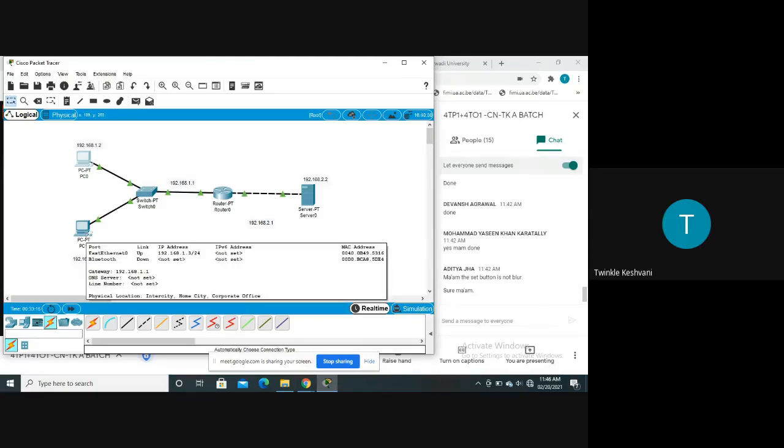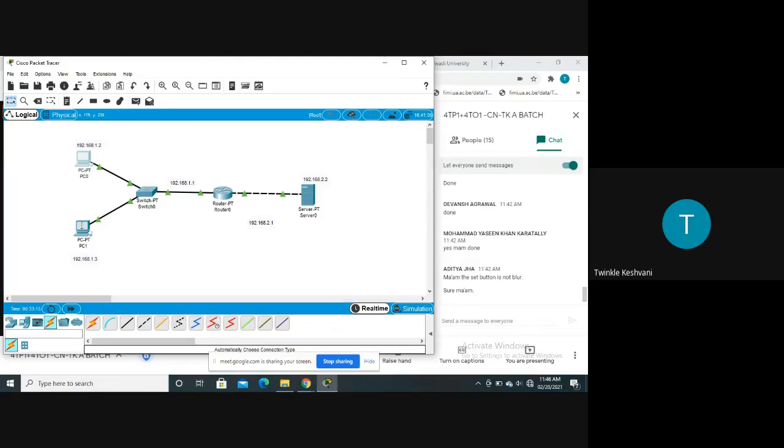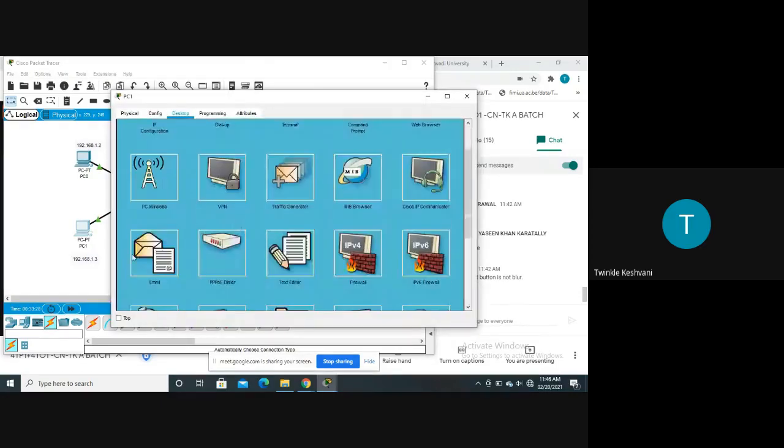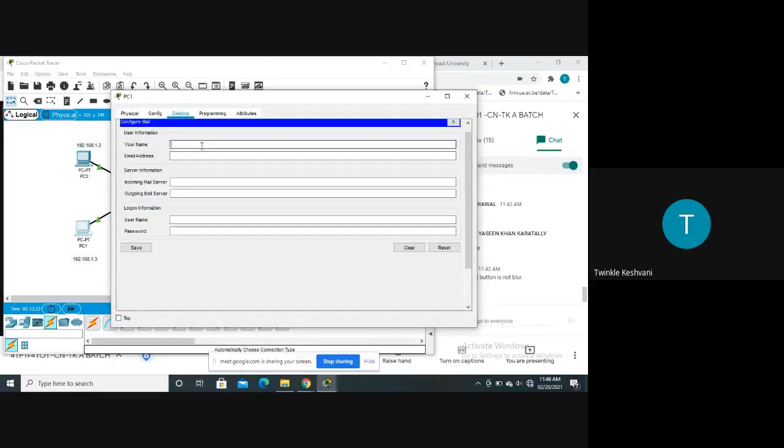Do the same process for the second PC. So click on the second PC, go to the email. You have to write your name here. So it's PQR. Email address is pqr@cisco.com. Incoming mail server will be 192.168.2.2.